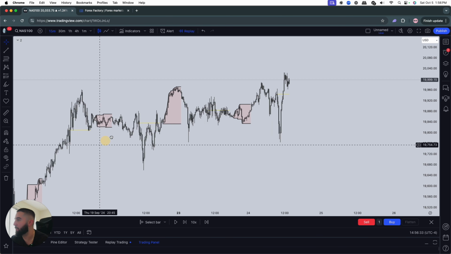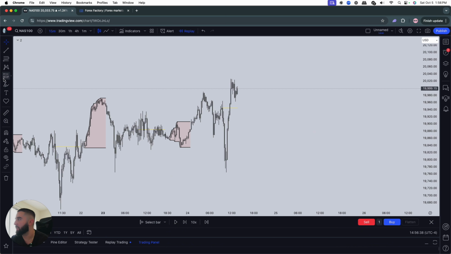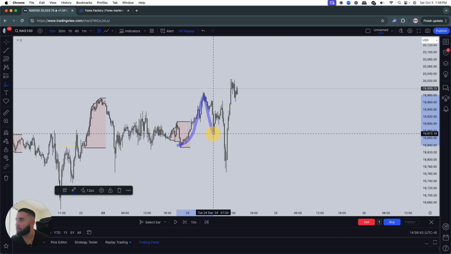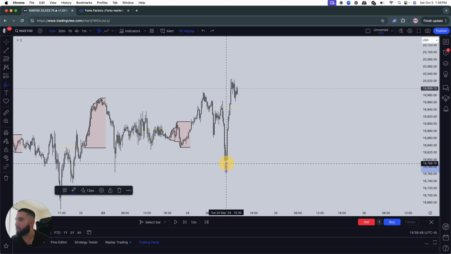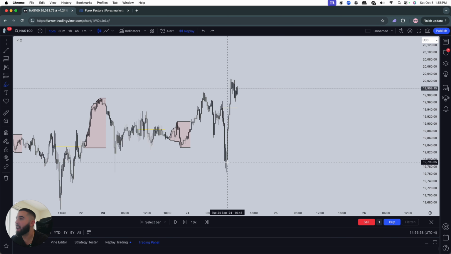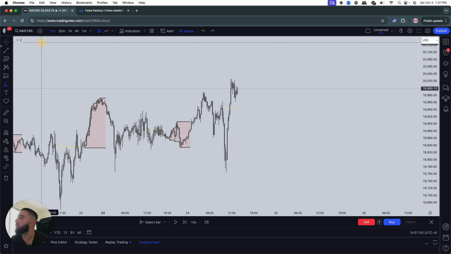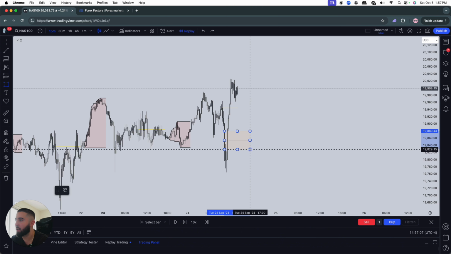So here we have another example very similar to what we had in this zone right here. What happened here with NASDAQ was we had price make this rally up, started pushing down and down, and then we had this very aggressive push to the upside where we shifted structure, showing us that we were willing to go bullish. Now, what do we leave behind during this very strong push is another imbalance area. So look how we have from this wick to this wick. If we draw out that zone,